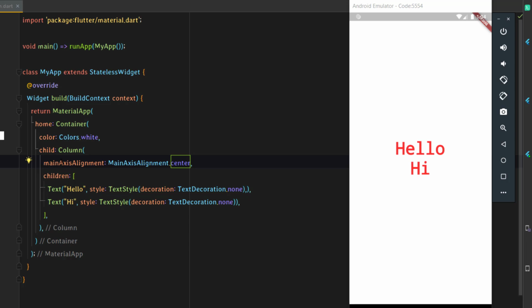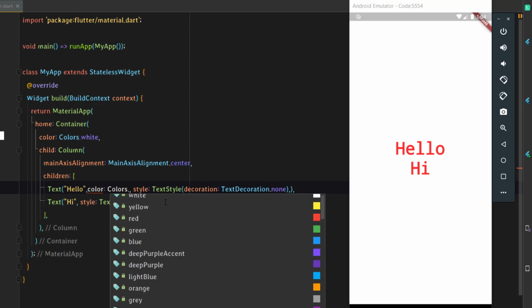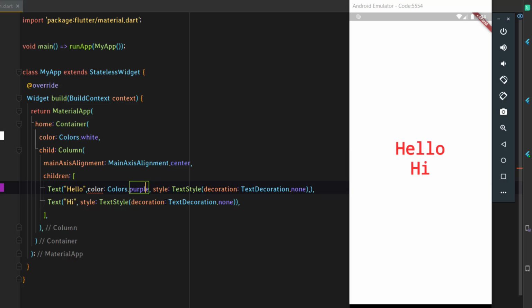We can change the color of this text as well. To do that, just after this text we can just add a comma and just add color parameter. Just add a comma there so that we don't get any error. And for these colors, just add colors dot, maybe black would look good here, or let's take purple itself.